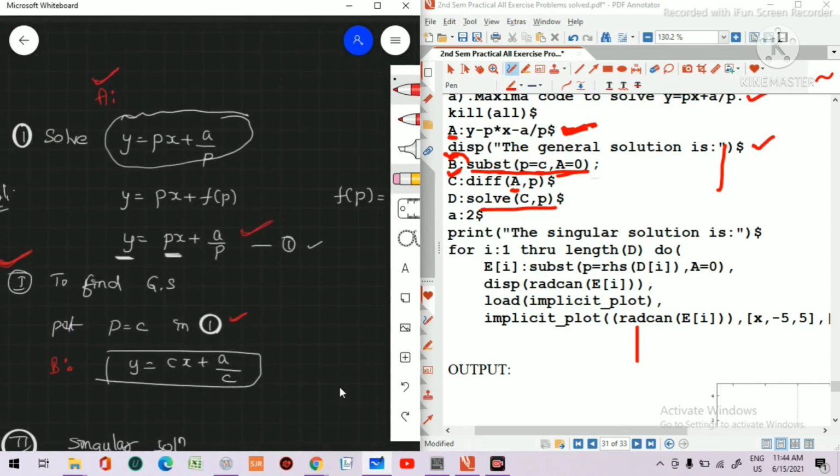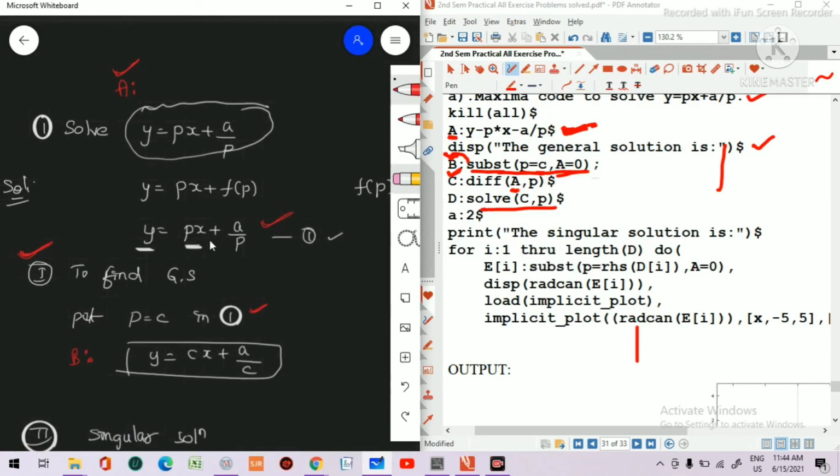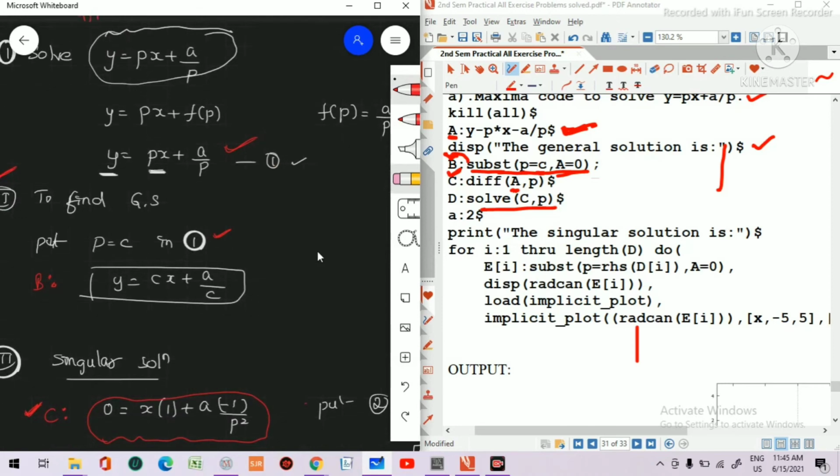have a value, no? What is our question? Y is equal to px plus a by p. A is constant, so a can be given any number. Is it understood? Not only can you assign any number, but you have to assign the value of a. Unless you assign the value of a, you'll not get the output. It will show an error. Okay, this point you remember in your lab. If you have not assigned the value, if the question is with a, you have to assign the value of a, otherwise it will give error. Okay, understood why we have given a value?